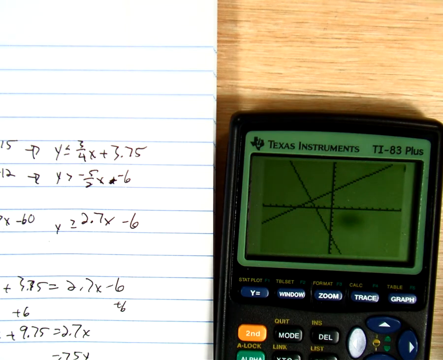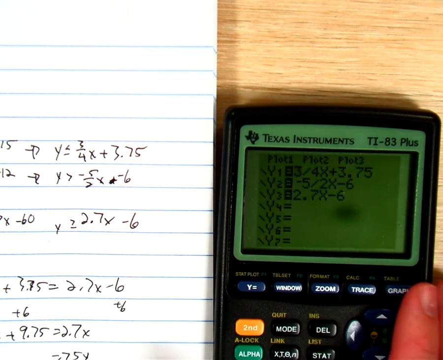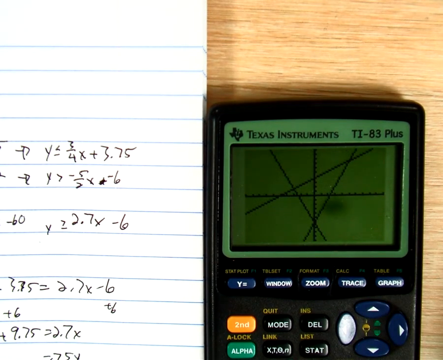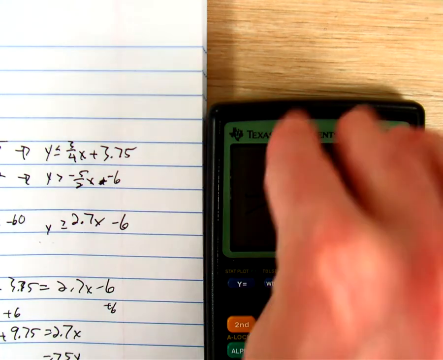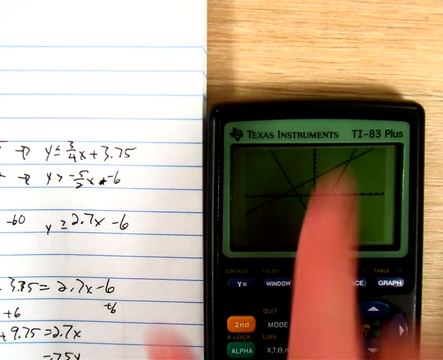Alright, so there's no shading on this because we didn't tell it to shade. That's a whole other process in here. It's going to cause more problems than it's going to solve, so we'll just let that go. Okay, if you don't have the nice normal -10 to 10, -10 to 10 screen, you're going to push zoom